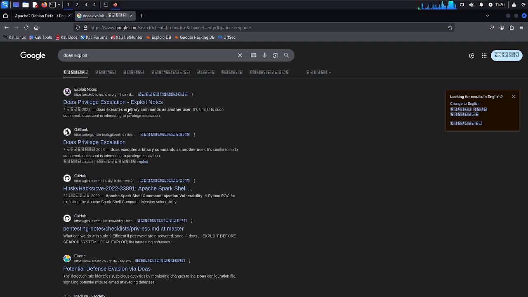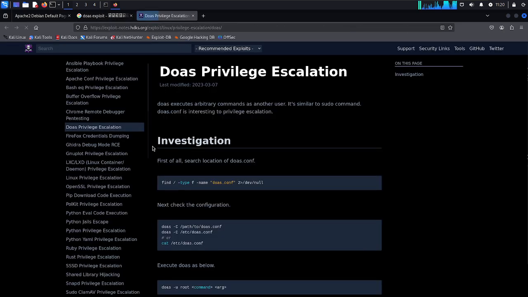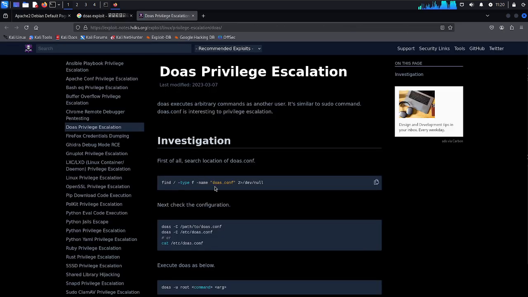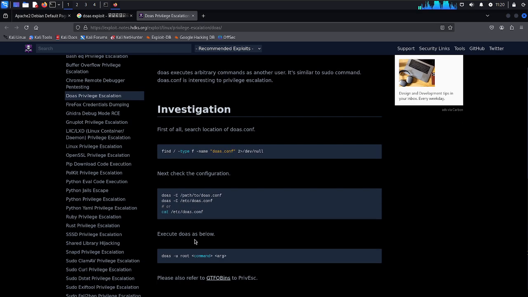Then here it is quite interesting, with the exploit notes, where we would like to get a path to doas, copy, doas -u root, and argument. So quite an interesting way. doas executes an arbitrary command as another user. It's similar to using the sudo command. doas.conf is interesting in the privilege description. So while we see here,